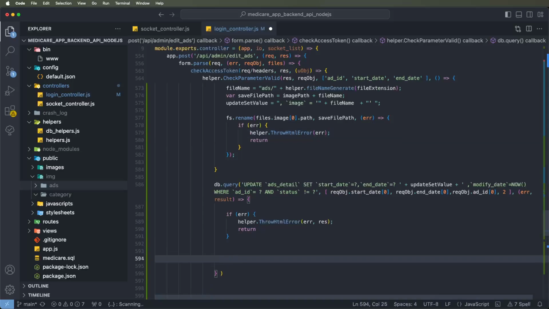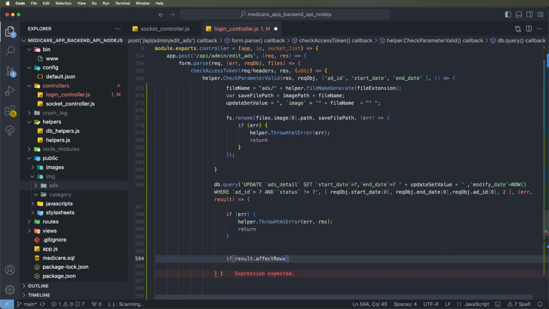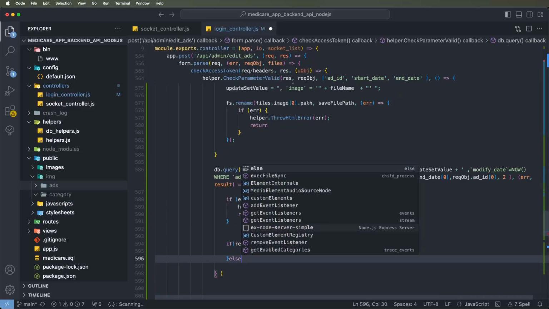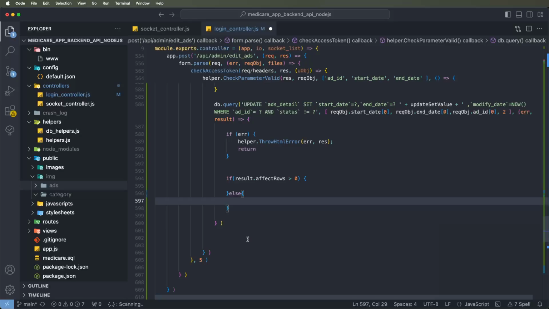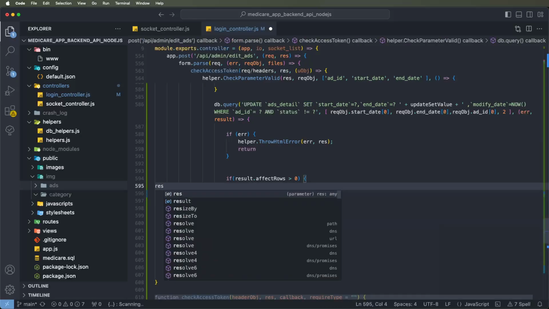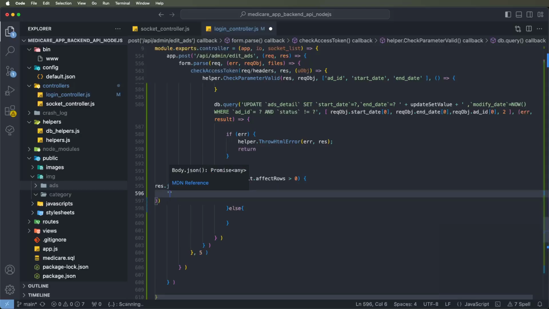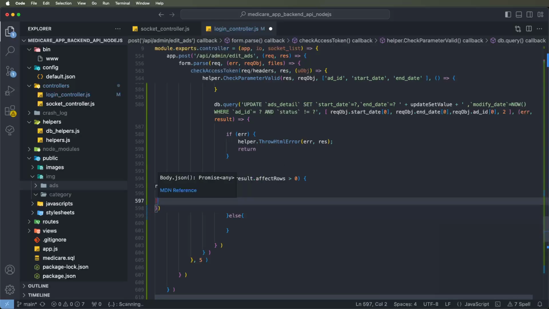Now we need to write down here results affected row more than 0, and to successfully update this image we need to set here the response dot json, and call status, set here 1, set here the